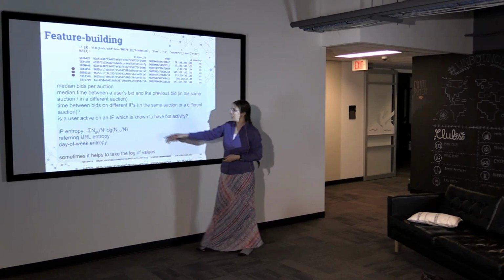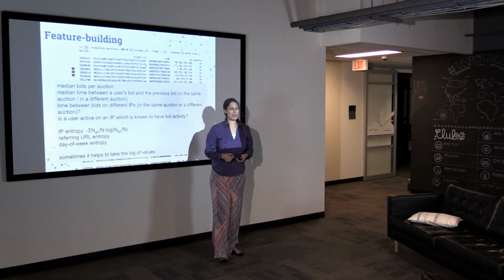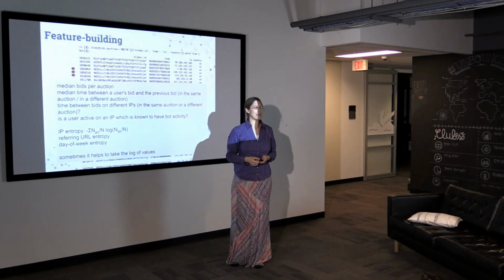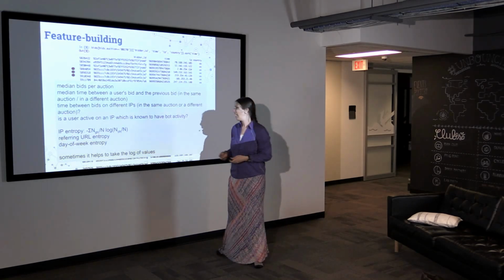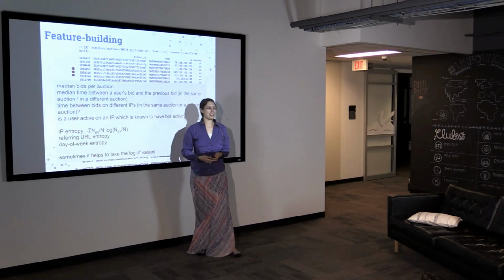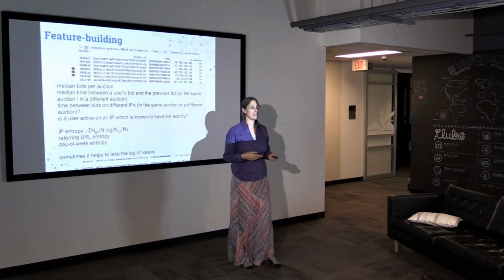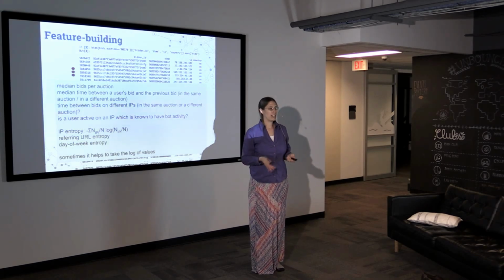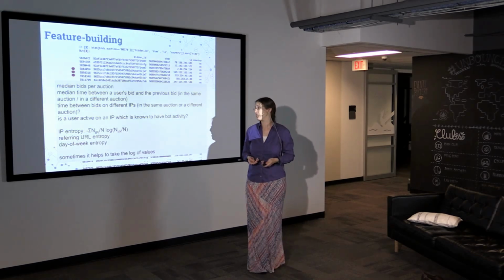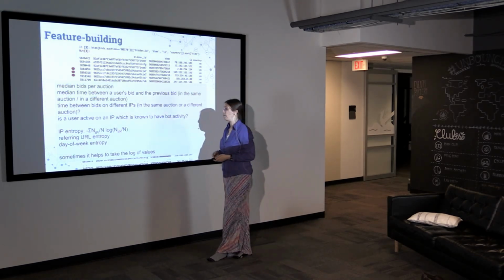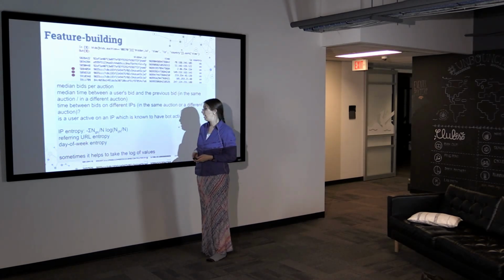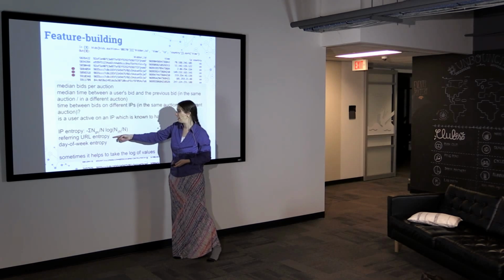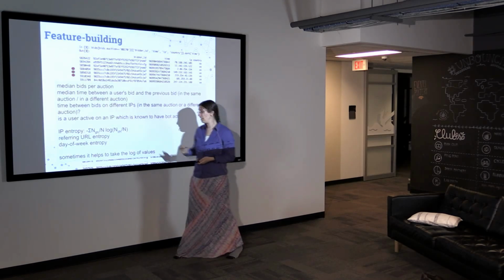And then this is really interesting. My PhD involves statistical physics, and there's this interesting quantity called entropy, which is basically how ordered a system is. I realized that entropy can be used to describe somebody's bidding behavior. If somebody places all their bids from the same IP, that's very ordered. If somebody places bids from a bunch of different IPs, that's more disordered. So I can use entropy to describe the bidding activity. There's no stopping at just the IP. I can calculate the entropy for the URL or the day of the week.